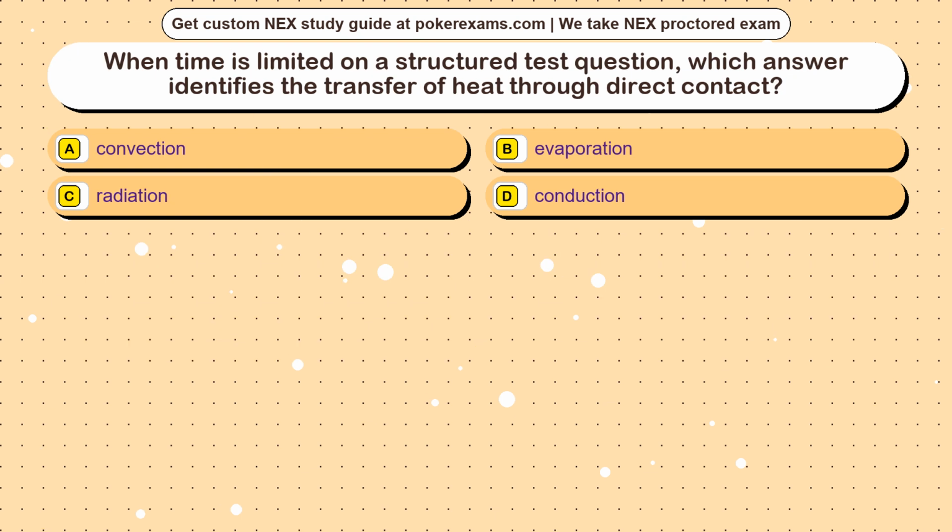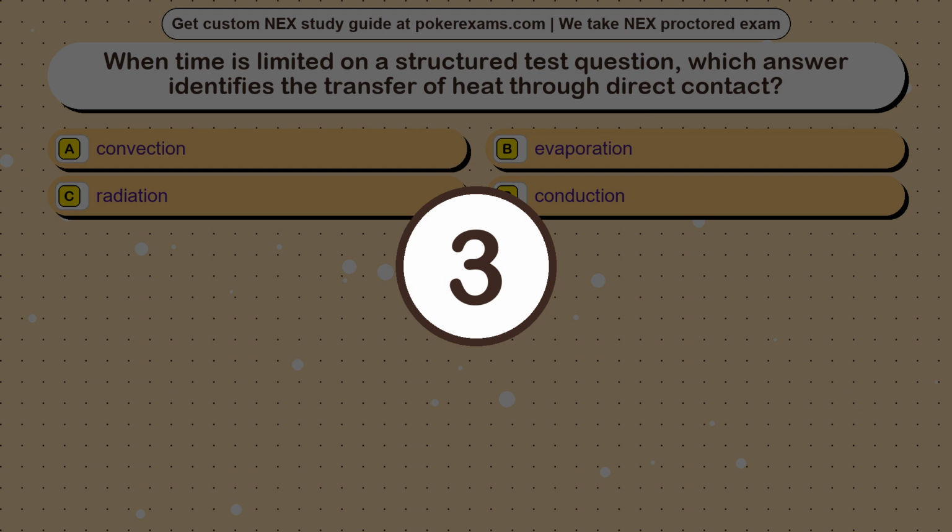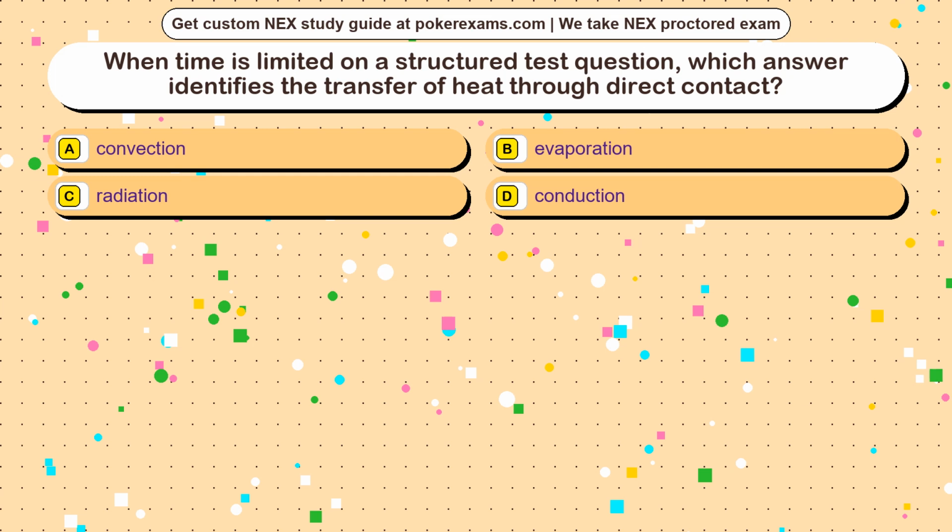Question 5. When time is limited on a structured test question, which answer identifies the transfer of heat through direct contact? Option A, convection. Option B, evaporation. Option C, radiation. Option D, conduction. The correct answer is option